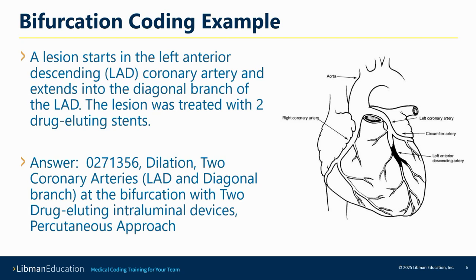In our example, the interventionalist treats this lesion with 2 drug-eluting stents, probably one in the long left anterior descending and another one in the branch called the diagonal. We're going to use the rules for determining coronary artery body parts. We have 2 distinct arteries that were treated at this bifurcation. The root operation is dilation. The code is going to be